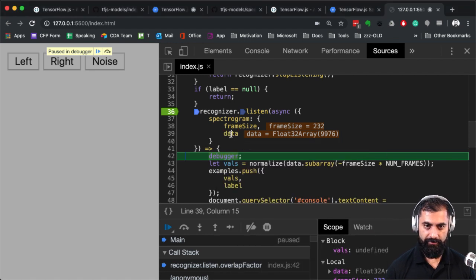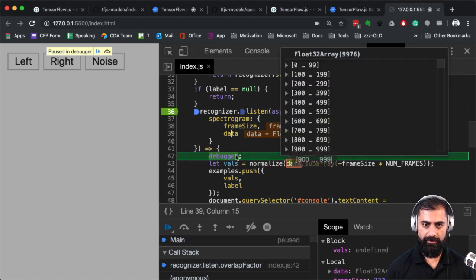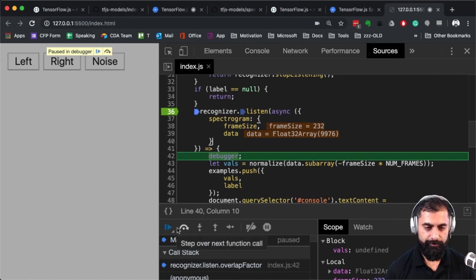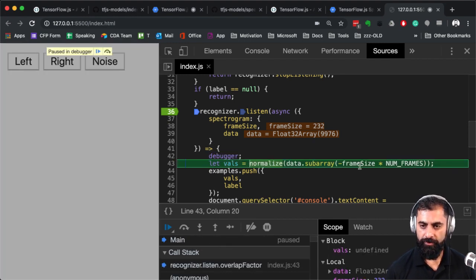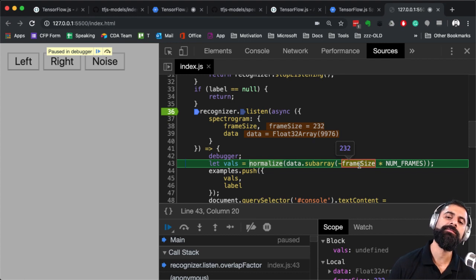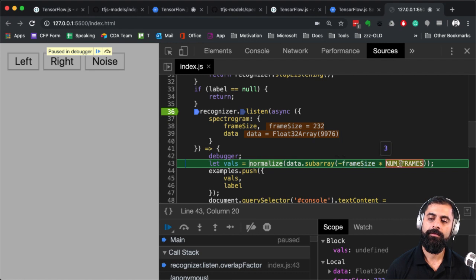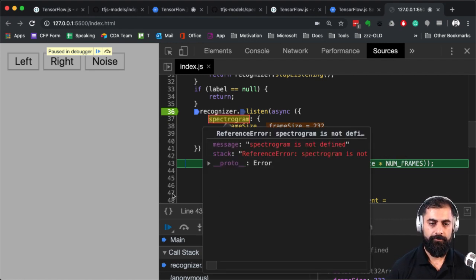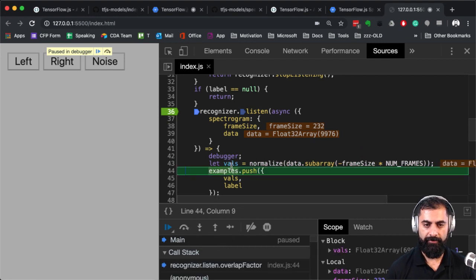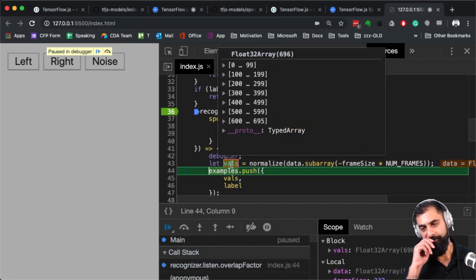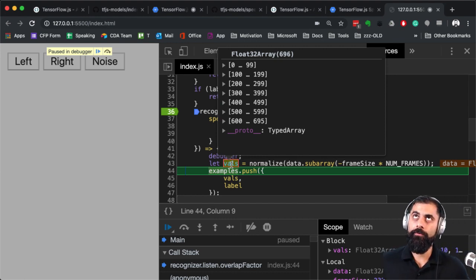But let's take a look. This, hang on. Yeah, anyway, that's the data. Let's just move on. And so what I'm going to do is get the frame size multiplied by the number of frames. Oh, I see. Okay. Frame size times number of frames. Oh, I see. Okay. I think I'm being a bit dumb right now. I can't quite figure it out. So each frame...